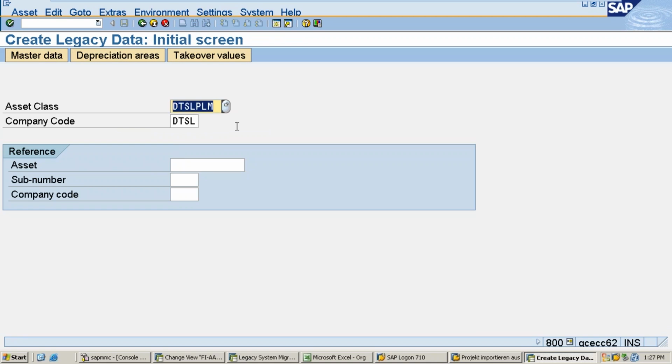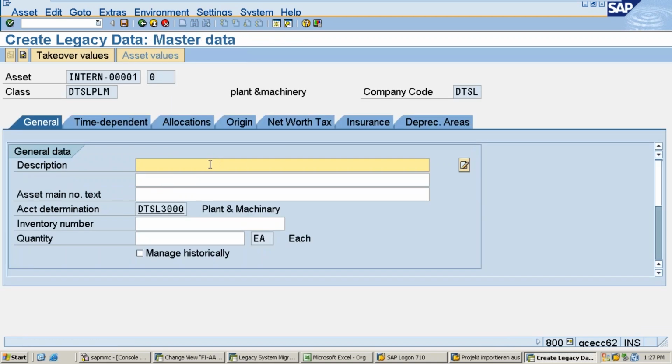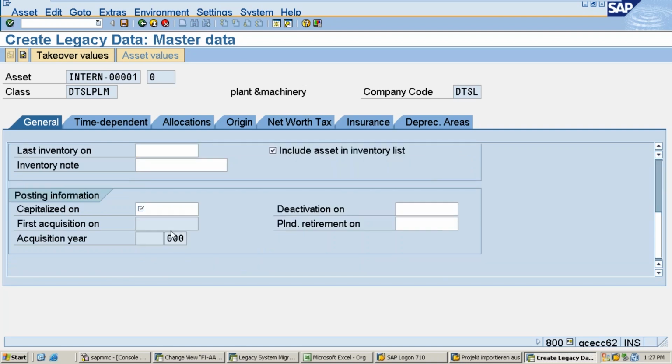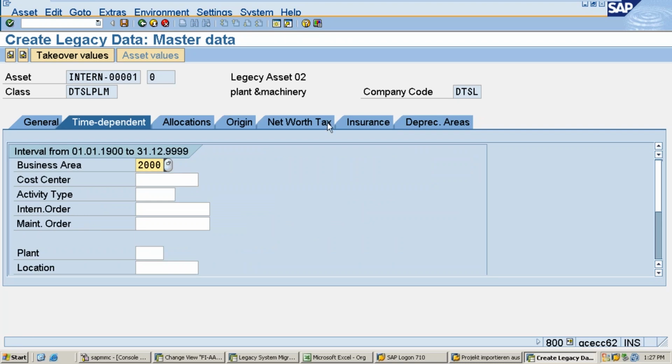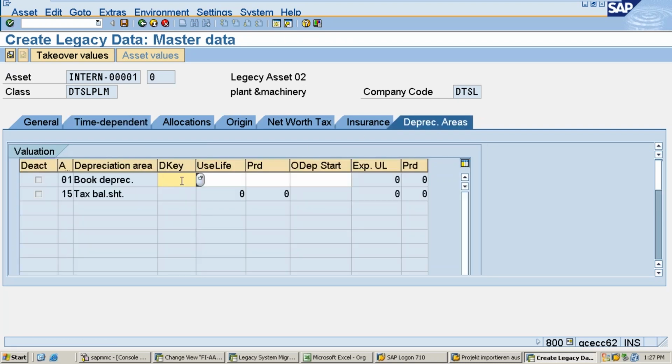So now you enter the description, company code, plus you enter it. Okay, description is here, legacy asset example 02. And the asset data date is okay. I told you how to go and check it. If you go to date parameters in asset accounting, you will come to know this. What is the date? It is the cutoff date. Then go here, enter your 2000 and come here. Then my useful life is totally 8 years, 3 months. Okay, like this you need to enter it.